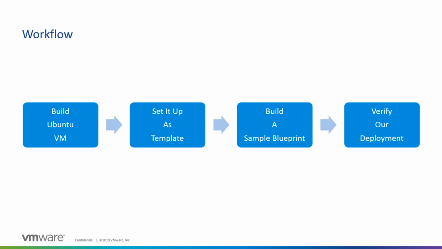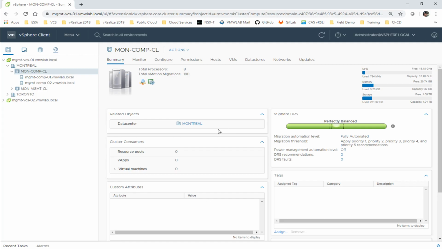We'll make sure that the IP address that was leased to the VM is actually coming from the static IP range and not DHCP on the network. And we want to make sure that the Cloud-init code has actually been executed. Without further ado, that's the idea of the recording today. So let's get started. All right, so we're currently in the lab, and we'll be targeting the Montreal compute